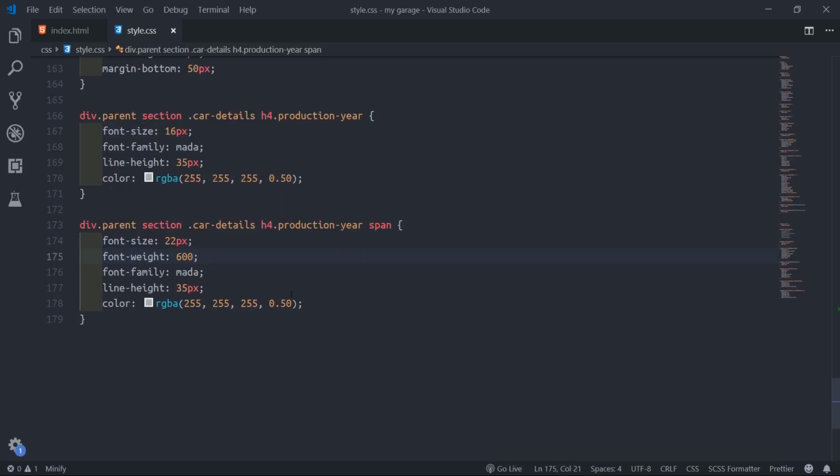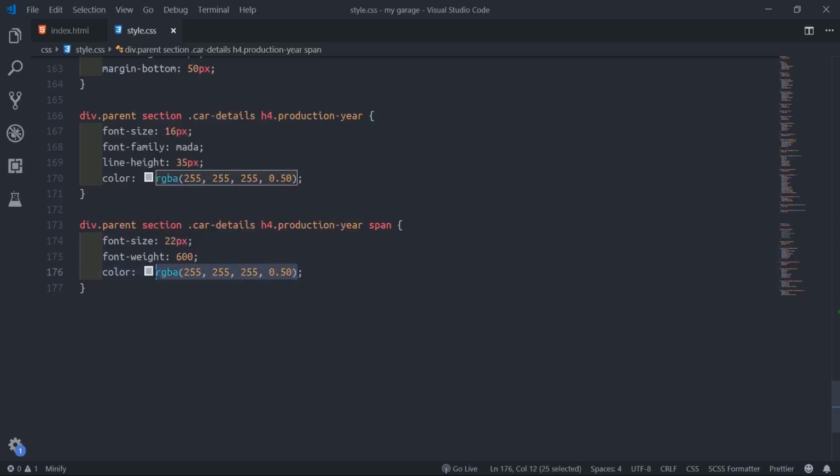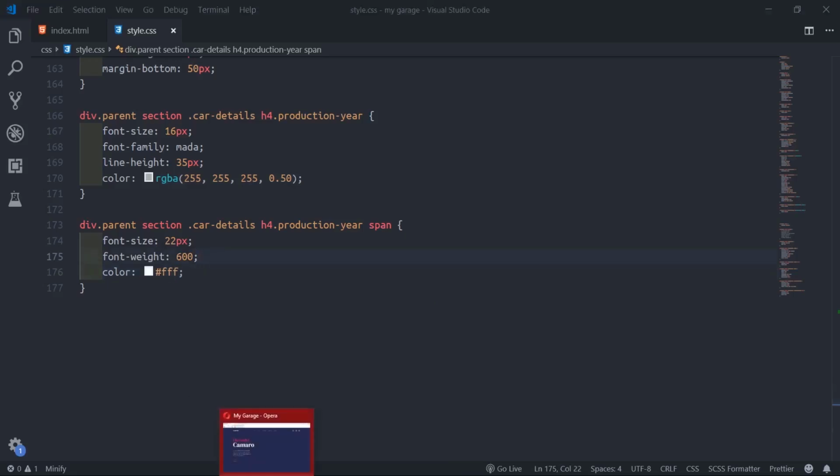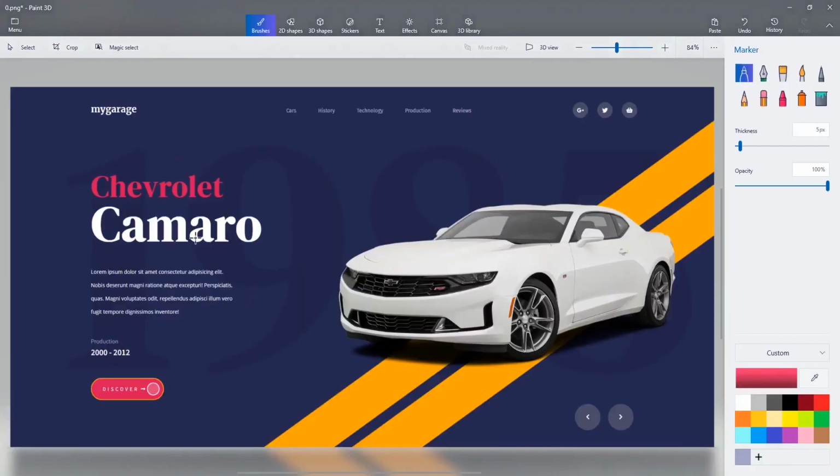Then color, hash FFF. So more refresh, more see. Okay. So we'll not get this level now. You see, it doesn't resemble. It doesn't resemble. We'll go back to this first.